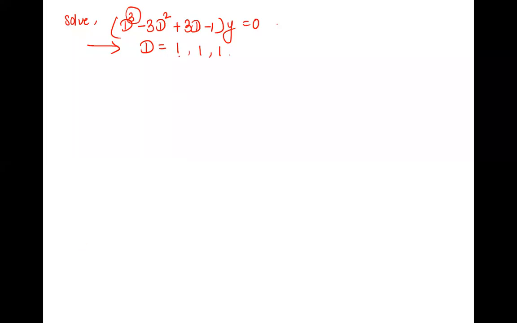Because the calculator is showing you only 1, it is repeating 2 times more, and the total number of roots must be 3. Right? Correct? Everyone is getting it? Yes, ma'am. Good. So the calculator was showing only one, so that same root will repeat, and the total must be 3 times.